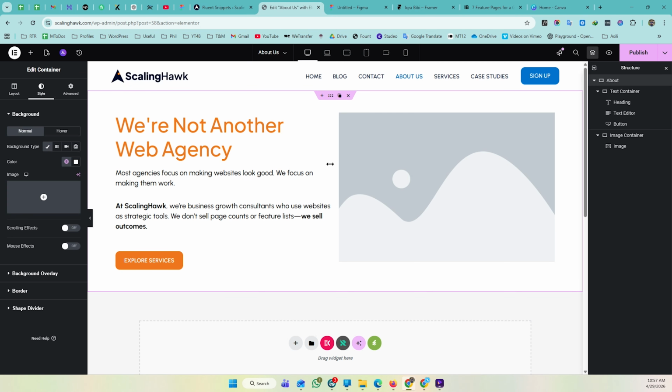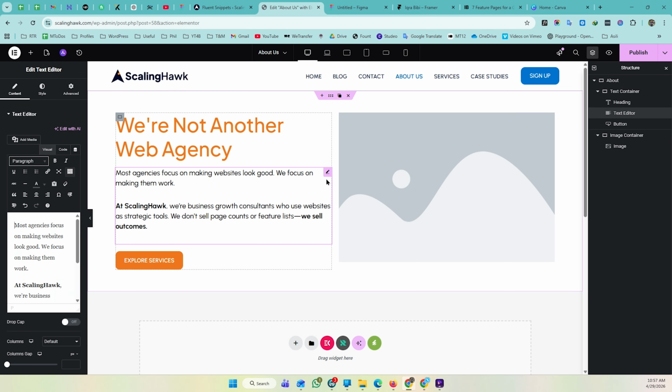So here you can see that I have a text editor widget on this page, and if you look at the bottom of it, there is extra space sitting there below the last line of the text. This is not something you added. Elementor adds a bottom margin to the last paragraph inside the text editor by default, and that is what is creating this gap. Now depending on your layout, this can make things look misaligned, and it is something that can be quite frustrating to deal with.